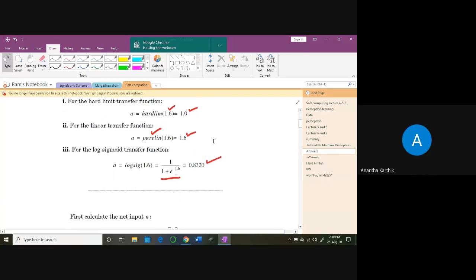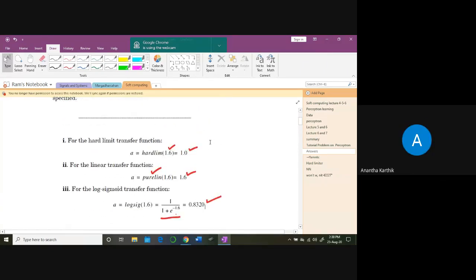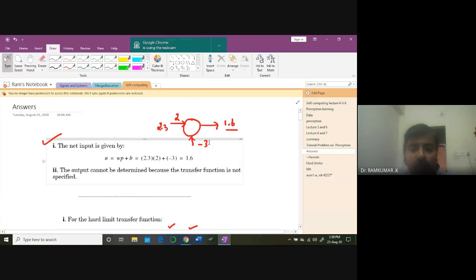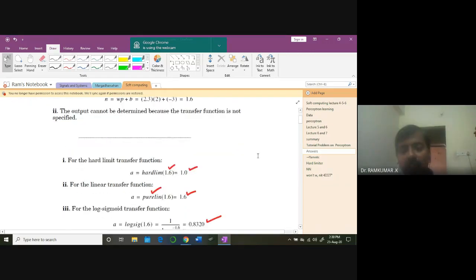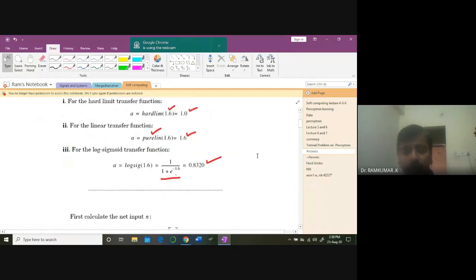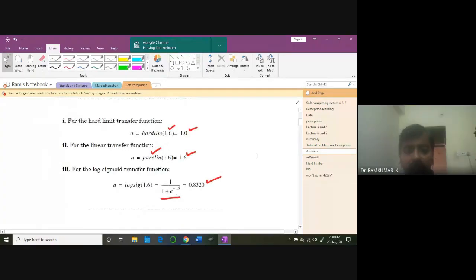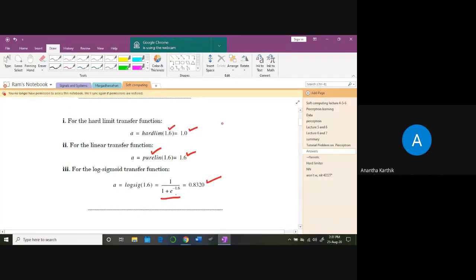Couldn't the output be binary, sir? No, we are gradually moving from binary to other cases. I am introducing all the transfer functions. The learning algorithm, back propagation, we will see. For logistic regression, how gradient descent can be applied, we will see. But right now, just get a feel of how we are computing the output of the neuron. It's no more binary. Sir, for binary, it needed to be greater than 0.